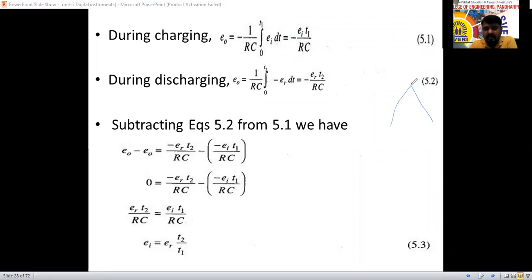T1 is for the charging and T2 is for the discharging here now. Both the derivations we have to write down here now, that is T1 and T2. So EI, that is the input voltage, with respect to dt here now. So the integration of this one is going to give EI, and in the place of this, dt by T, what is the integration of 1